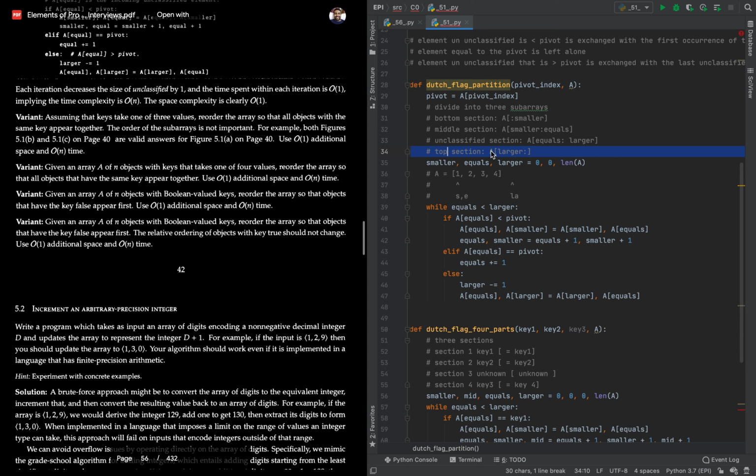we want to initialize, I guess, the array indices, right? You have your smaller, equals, and larger. I feel like I'm not doing a great job of explaining this. So you sort of,